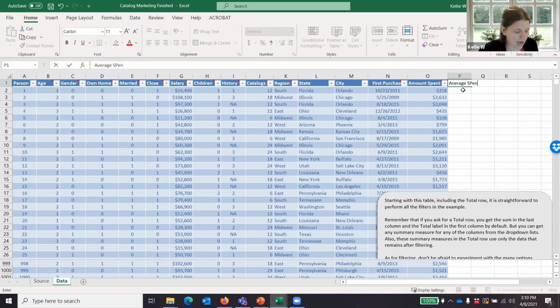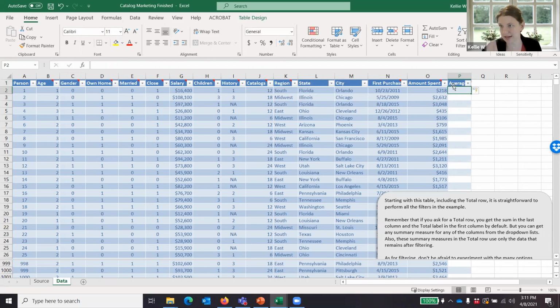If I add a new variable up here, Excel's really smart. So it says, okay, she's adding to this table, she's appending a new column. So notice how it already added it for me. I can add a calculation, like I want to calculate the average amount. Well, that's actually not what this would be. Let's do,